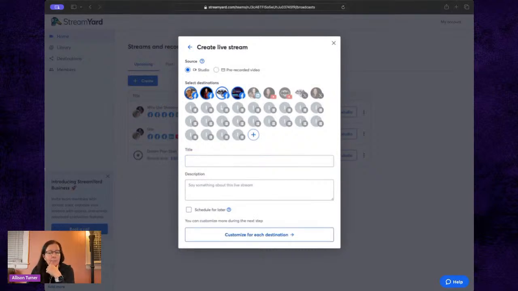So that tells you a little bit about StreamYard and the basics of how you set it up. I'm going to go ahead and remove that for now. But it's a great platform because, as I mentioned, I'm going to 8 different social media accounts right now, and I only have to log into one, which is the beauty of it. And it's super easy to set up, as you just saw. That's really the beauty of it.